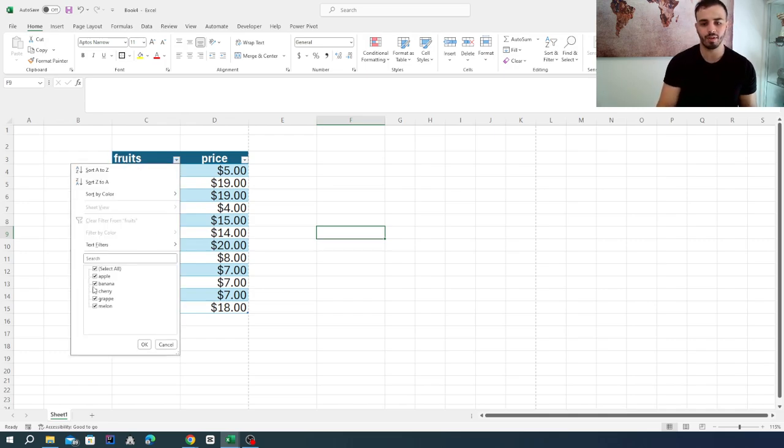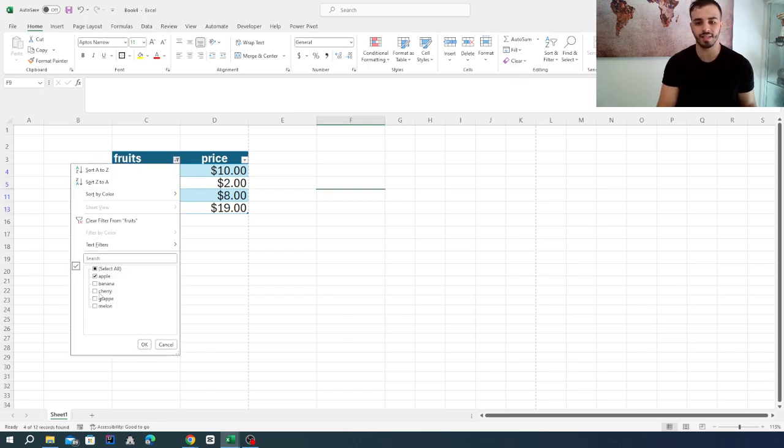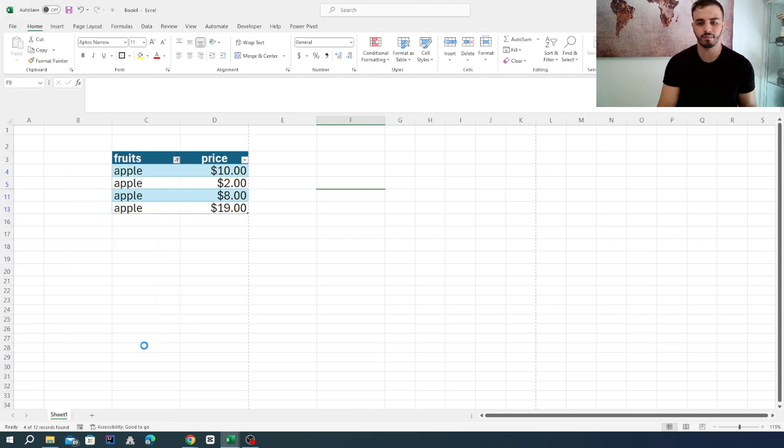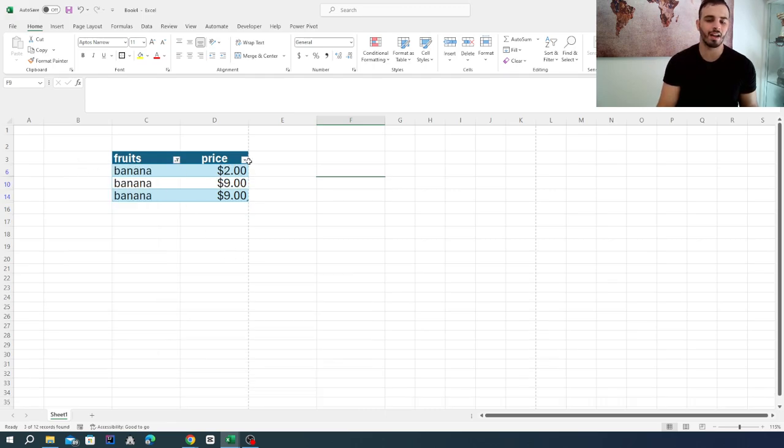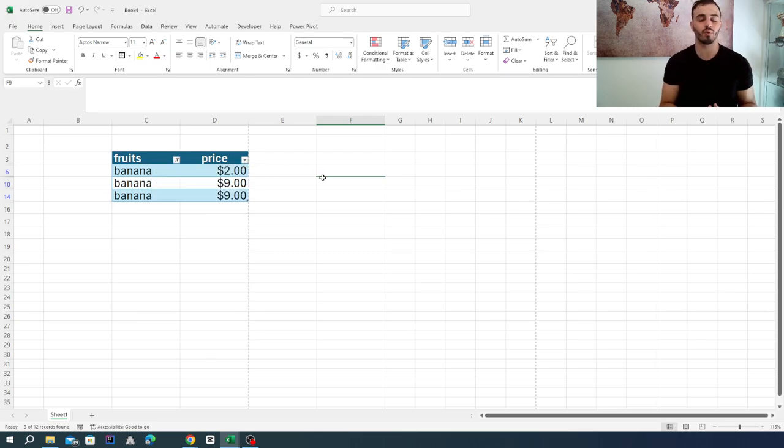So let's say, for example, I don't want to see the bananas and the cherries and the grapes and the melons. I can just do it like this, and here I will have only the apples. So I can do the same thing with bananas only. And here we go, we only have bananas that will appear with their prices. You can also do the same thing with the price. So you can, for example, go inside of price and select a certain price, and you will be able to